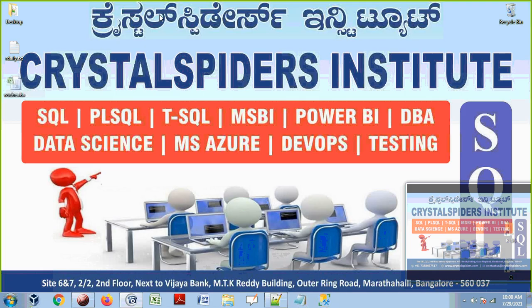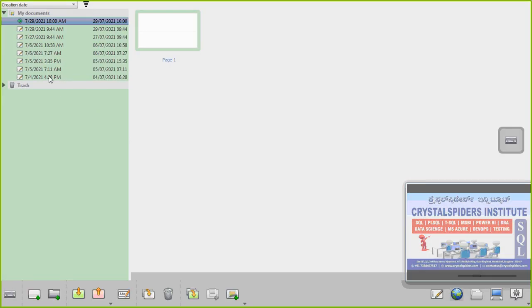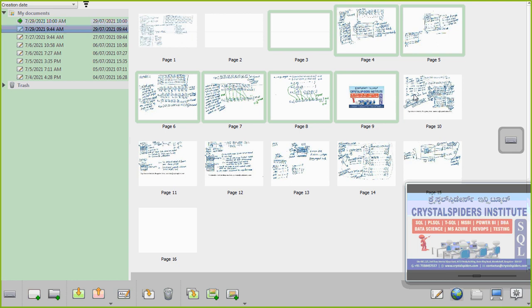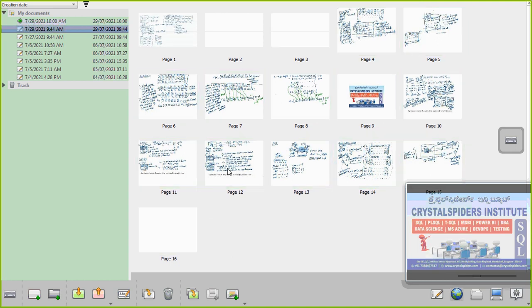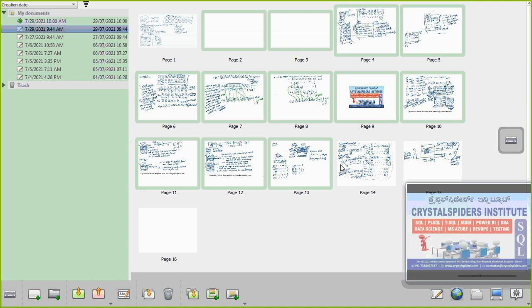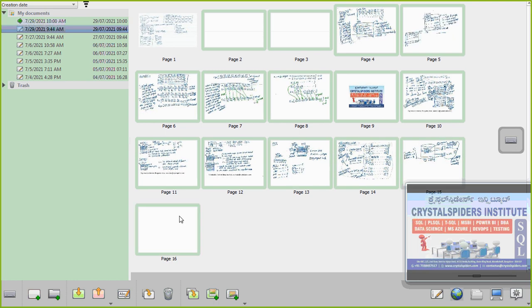Just copy all this, which was copied from my previous class notes. I don't need all this. Let me delete all this. I don't know how I can delete this.